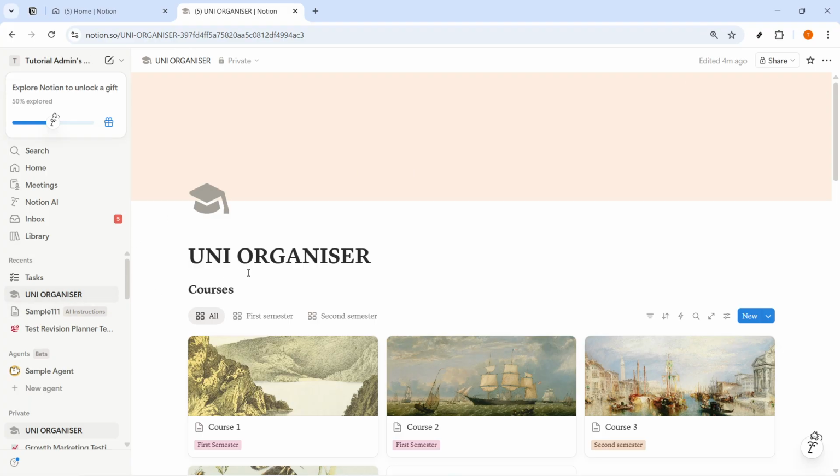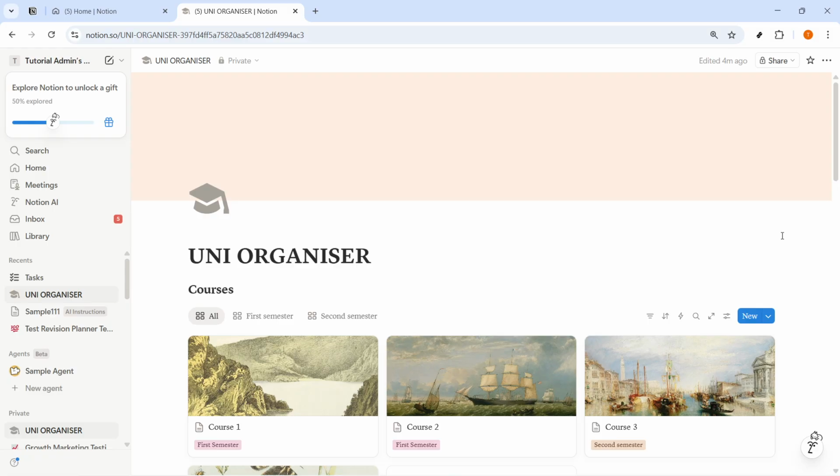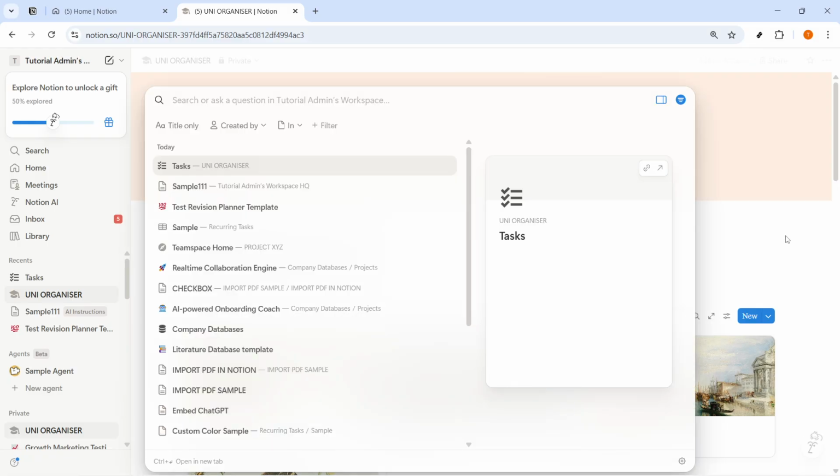On Windows, press Ctrl and P. On a Mac, press Command and P. This instantly opens the search menu from anywhere in Notion, so you don't need to manually browse through pages to